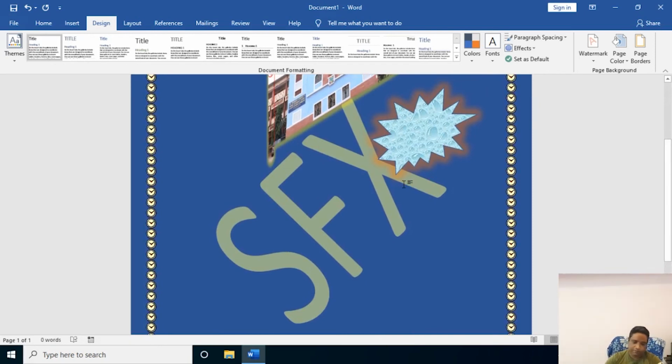So what we have learned today? We have learned how to insert shapes, how to use shape fill in different forms: single color, double color, in the form of picture, shape outline, shape effects. So many effects are there. All this you will get in the format tab. Once you click on a shape, you will get it on the format tab. And then we went to page color. Different types of page color we have seen: two colors, single color, the picture background for the page, then page border and watermark.